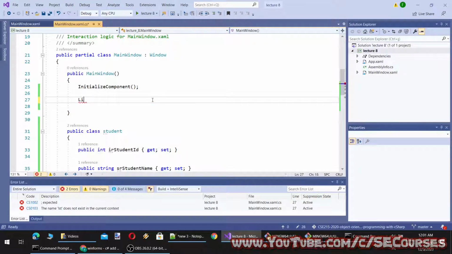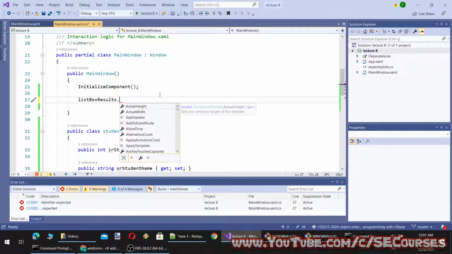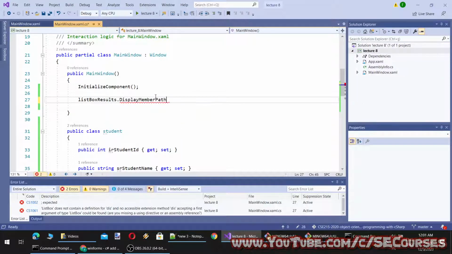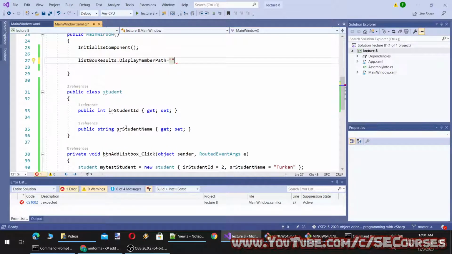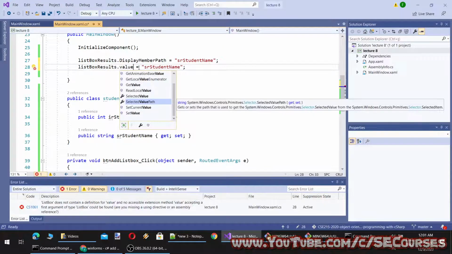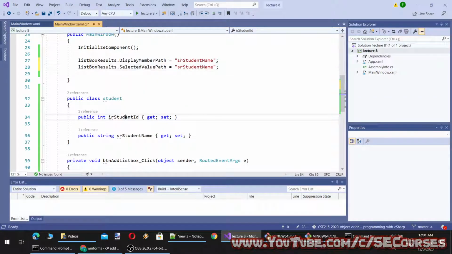So to access this listBoxResults, the display member path is, so we will display the student name, and the value of the selected element will be as value path this one.